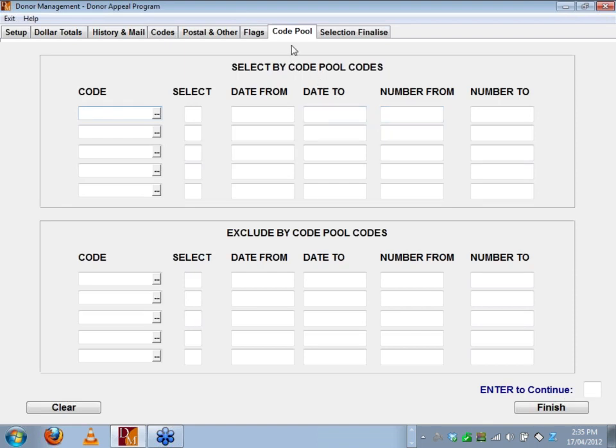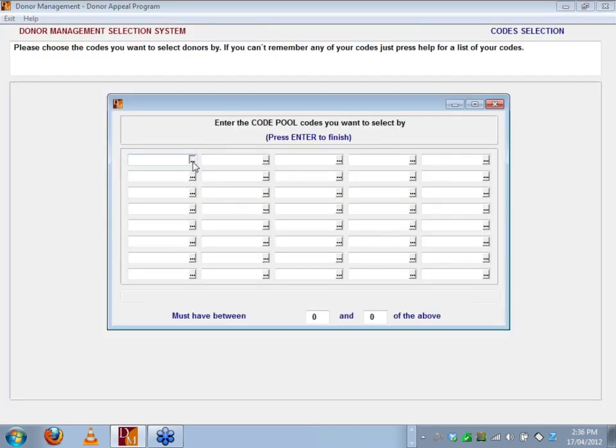Okay, now the second last screen is all about Code Pool. Code Pool is the system that lets you create your own little system within Donman. So you create your own master code, subcode. I have examples here of an allergy code. So I've got allergy, and do you want to select by allergy? If I select by allergy, I can select